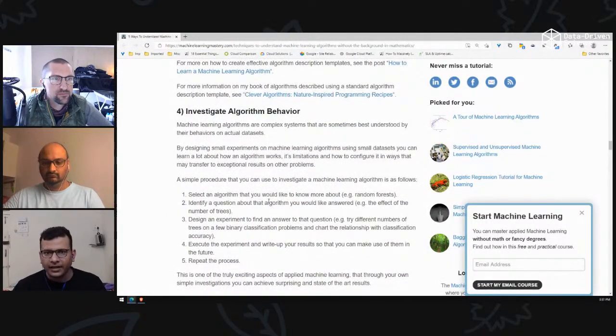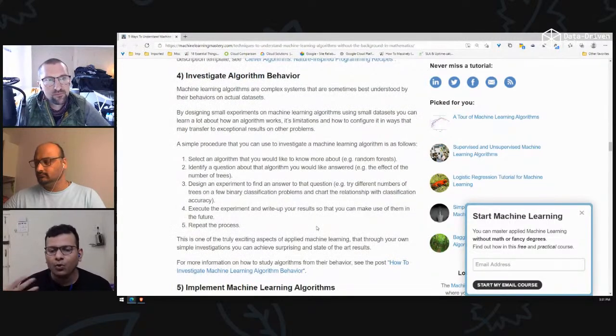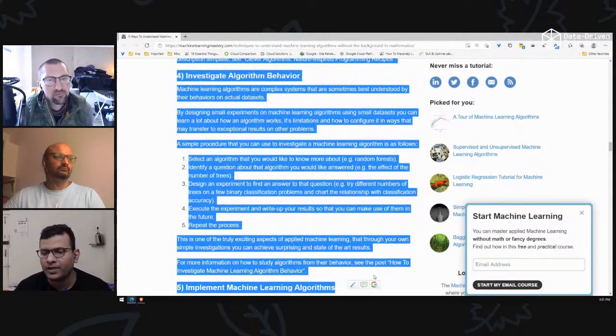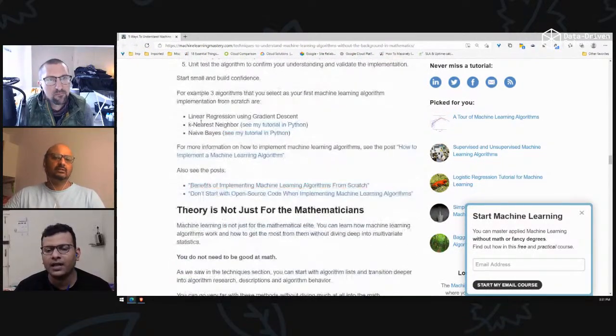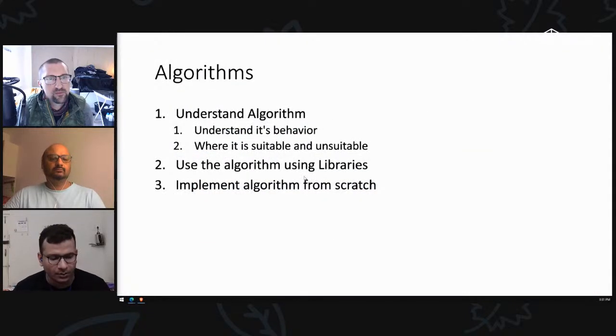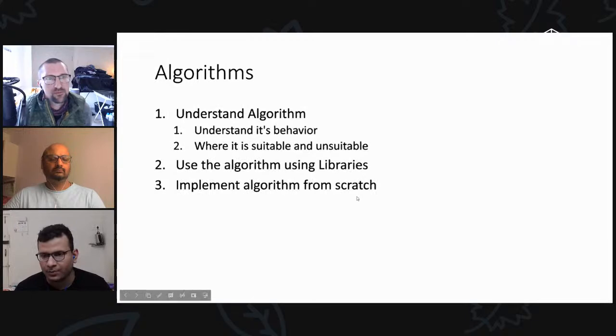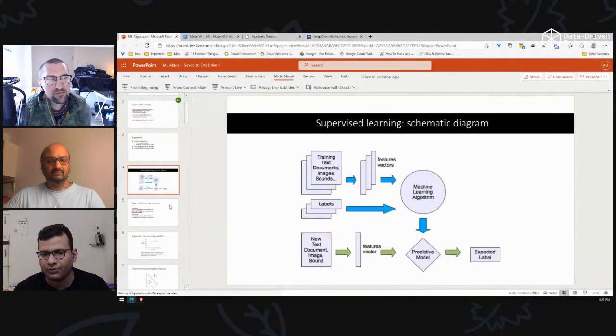You try it on different data, you see which one works when, how is the accuracy for a specific thing, and you try a lot of these things trying to gain more and more understanding of this algorithm. Many other times this is it, this could be the last step, but if you still want to go more, only then go for implementing.